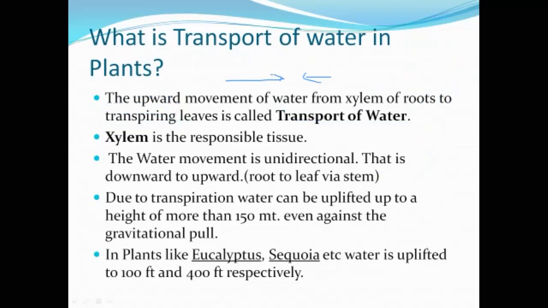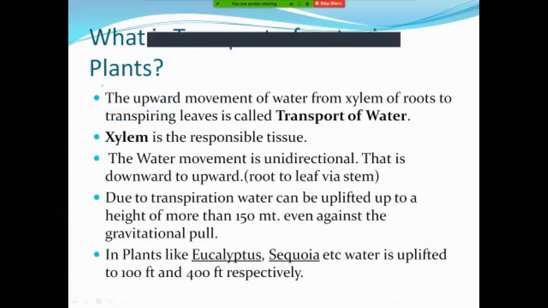Not exactly dry, but a kind of lack of water in the plant, because water is lost through transpiration. So it is harmful, but it is also useful. It is also necessary. Why? Because all the absorption and transport, meaning the movement of water, occurs through this force, the transpiration force. This force is not directly driven by the biological organism; transpiration does not use any ATP. So it is a passive process. The energy of the plant itself is not expended in the process of transpiration. That's why it is a passive process.